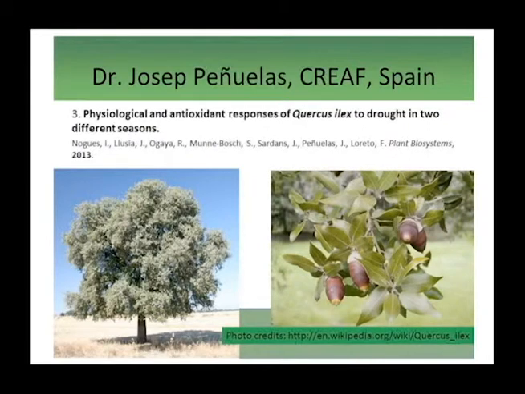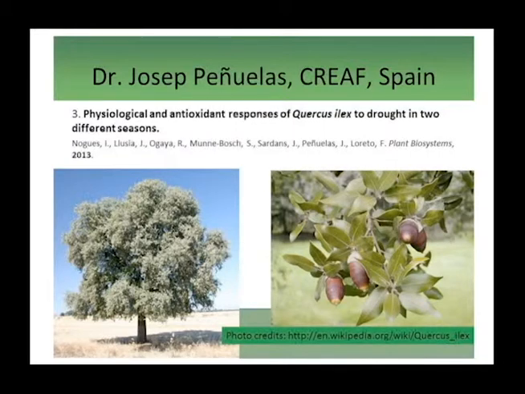Dr. Peñuelas' third publication in 2003 using the CI340 handheld photosynthesis system involved physiological and antioxidant responses of Quercus ilex to drought in 2 different seasons. This is a long-term study over 9 years, and it's a manipulation experiment. The aim was to study the effect of soil drought projected for the coming decades, which is an average of